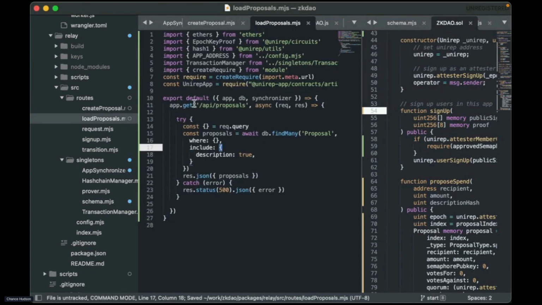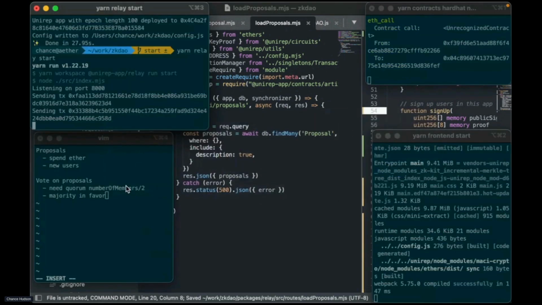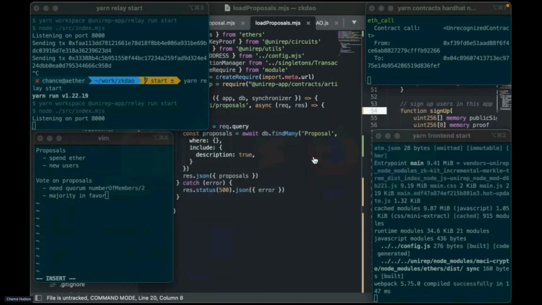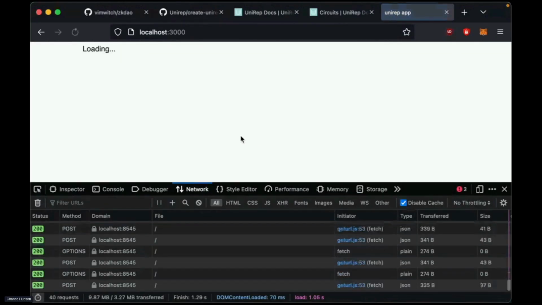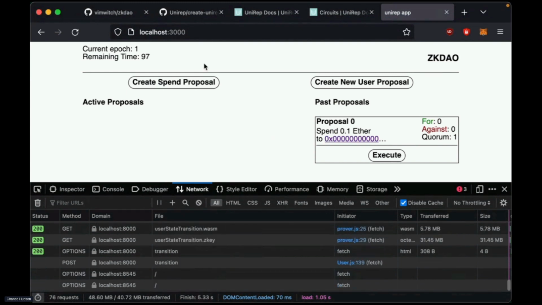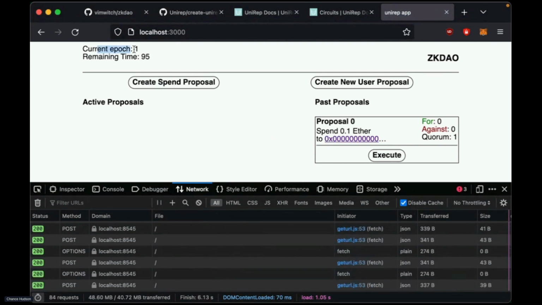Right, so we're gonna have this API/proposals, and we're just gonna list all the proposals in the database and include this description object, which is a related model. And we'll go ahead and run this again. And now we should be able to load our proposals. Great. So it did work, but we missed the window for the epoch because it's only 100 seconds.